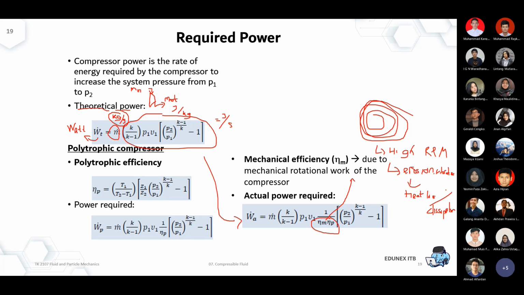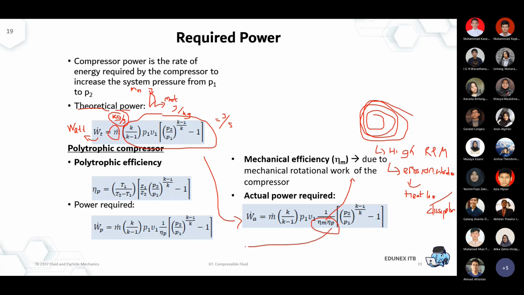That also explains why, when you input 30 degrees C into the suction part, in the discharge part you get at least 140-something degrees C, because of this heat dissipation. Okay, so that's the mechanical part.